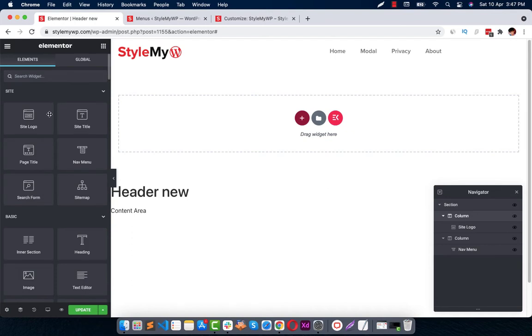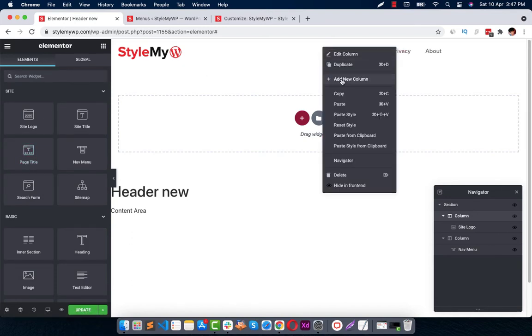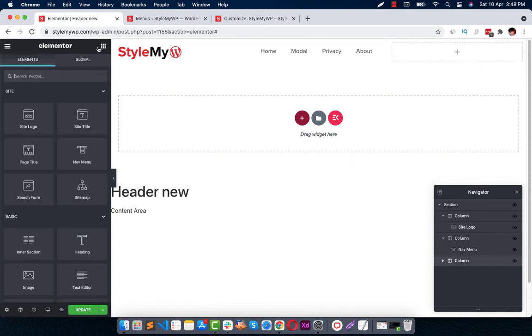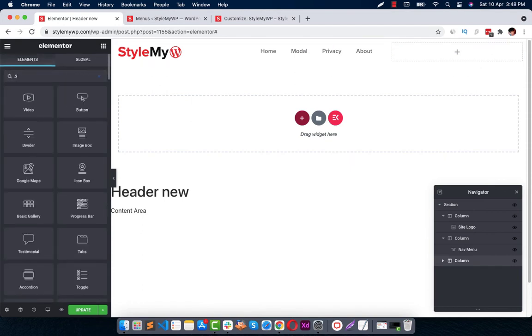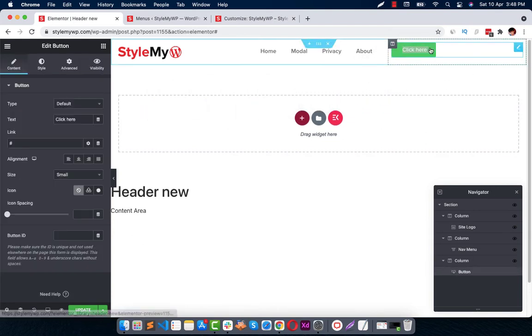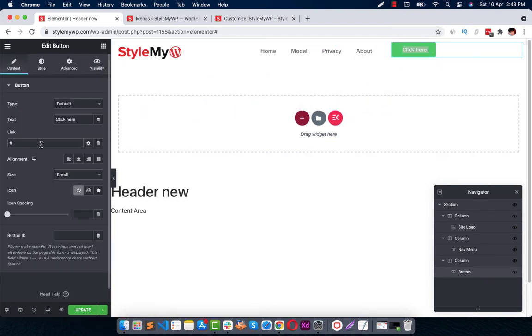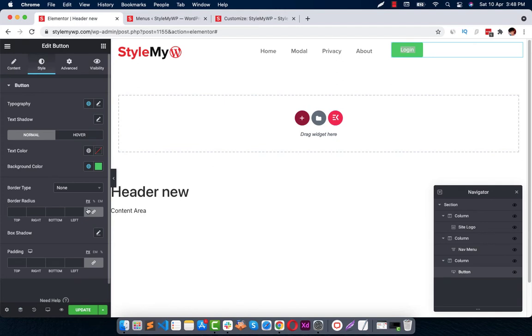In the same way, we can add some columns to it, for maybe a button. Login. You can change all the styling from here. You can use the icon library for a button.